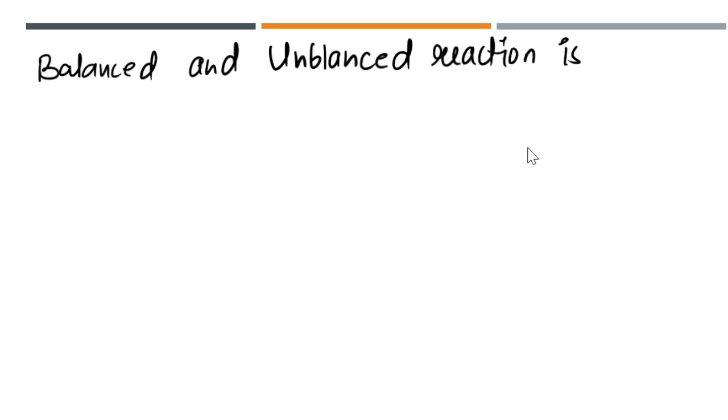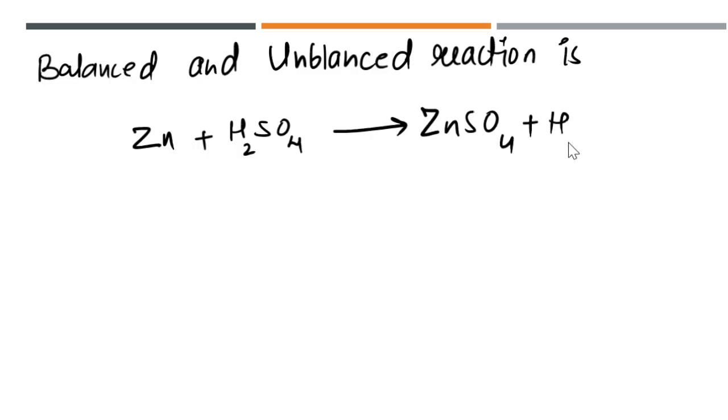Now, let's say that we are considering any equation Zn plus H2SO4 giving us ZnSO4 plus H2. Okay. A balanced chemical equation means that the number of elements on both the sides, that is the left hand side and the right hand side, should be same. That is a balanced chemical equation. And always while we are doing chemistry, our reactions need to be balanced. If they are not balanced, you have to balance them, right? So that's a different topic which I'm going to take with you, how to balance chemical equations. But over here, let's see whether this is balanced or not.